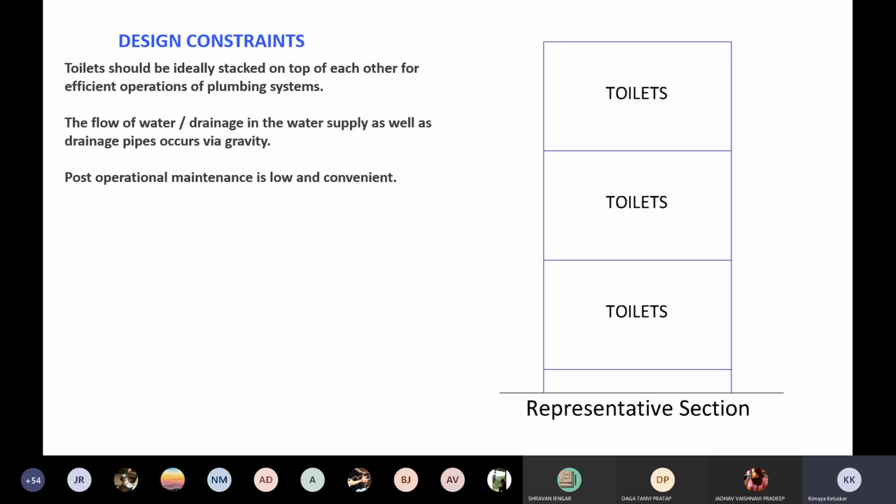Now let's understand in a representative section how the toilets work. Toilets should ideally be stacked on top of each other for efficient operation of pumping systems. The flow of water, in the water supply as well as drainage pipes, occurs via gravity. So you would never use any kind of pump to put water into your taps. Okay. From the overhead tank, it directly comes into your tap using gravity because it's just moving from top to bottom. Okay. And even the drainage just moves around with a slope in your flooring,